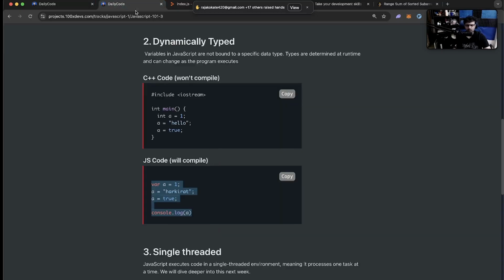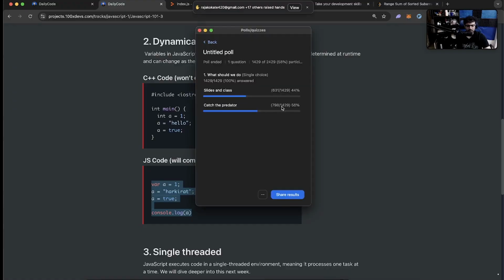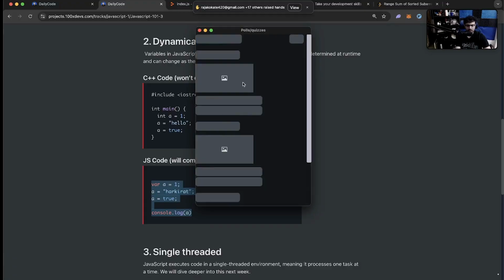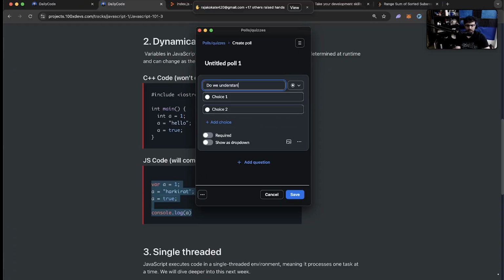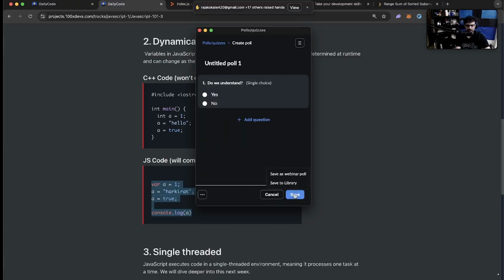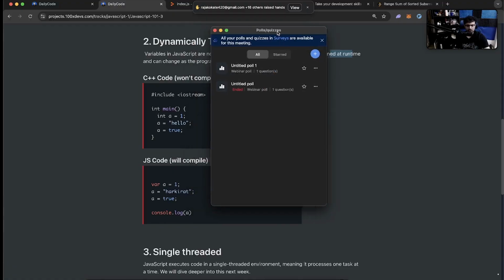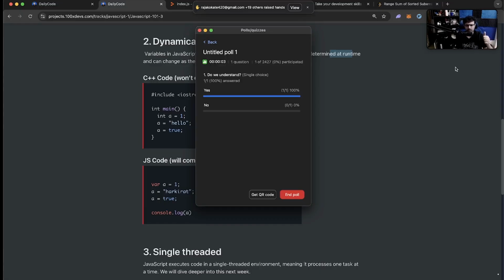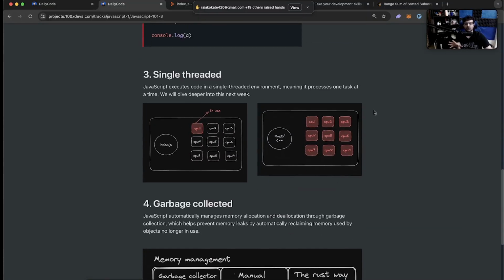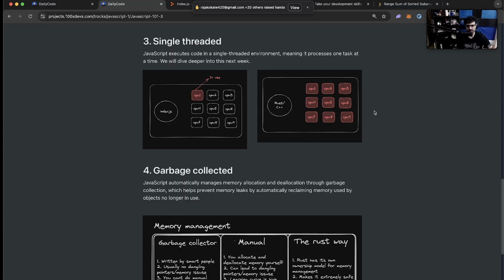Do we understand this? Let me do a quick poll. We're also at half an hour here. So just to get a vibe check, how are we doing? Polls. Do we understand? Yes and no. After this, we'll be going through some more properties, and then we'll be practicing a little bit of code. All right, go back, launch. If we're at 80, if we're 90 plus, we're good to go. I think we're simple, so I would hope this is great. All right, 95% is great. Let's proceed. A few more properties of JavaScript, and then we will start to write some JavaScript code.